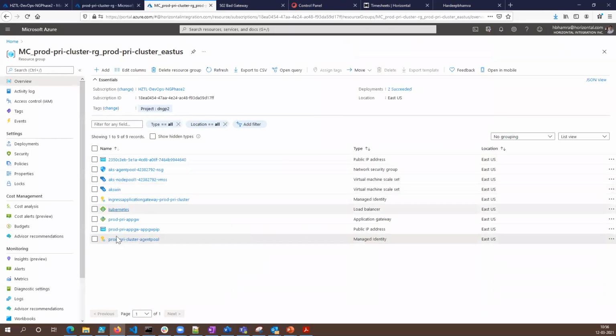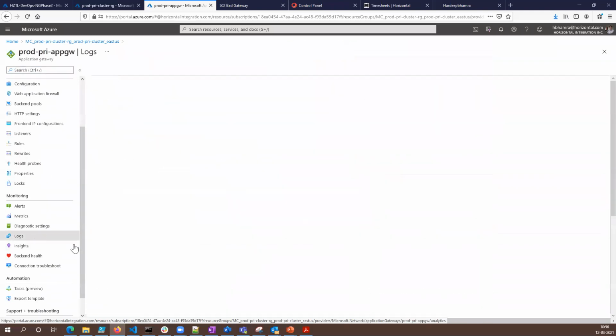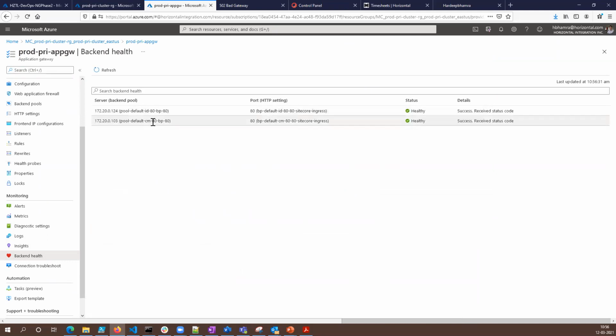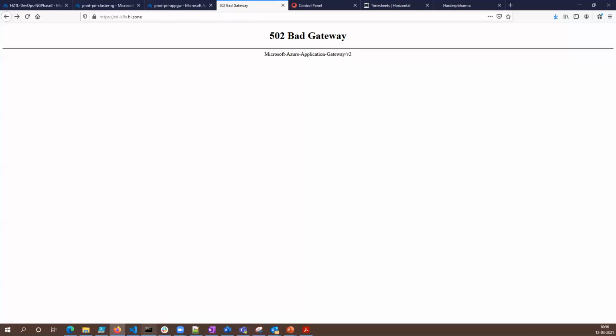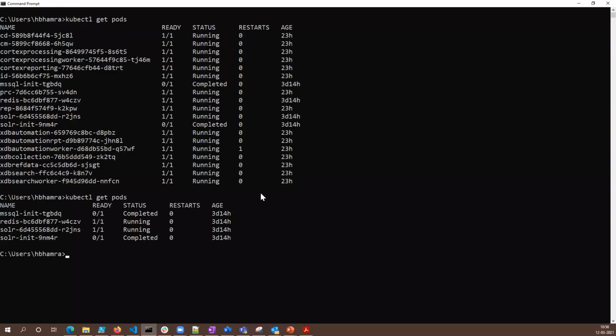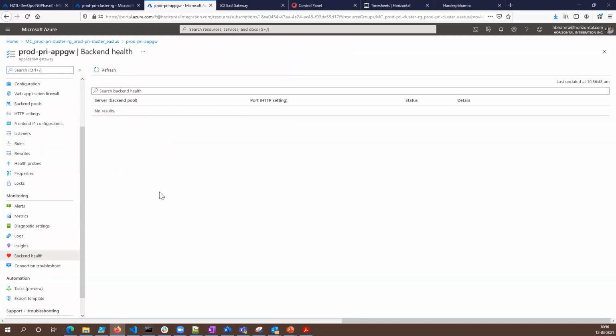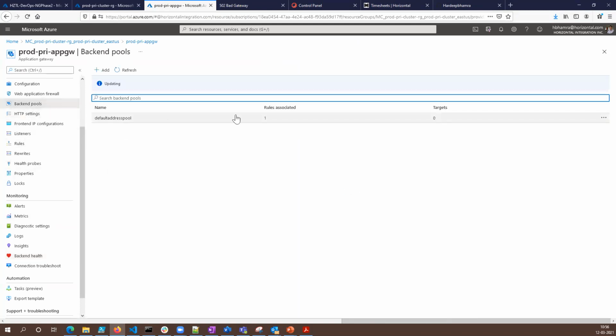Because if you go to your backend application gateway, to the backend health, this is going to run some backend health check. Okay, the CM is fine, but this probably is not going to work. If I keep refreshing, the health will go down. For now, we don't really have those pods. If I go back and run get pods again, as you can see, there's nothing. The app gateway needs to go and check the health, and you can see there's no result here. So there's nothing coming in because it cannot even find the backend pools.